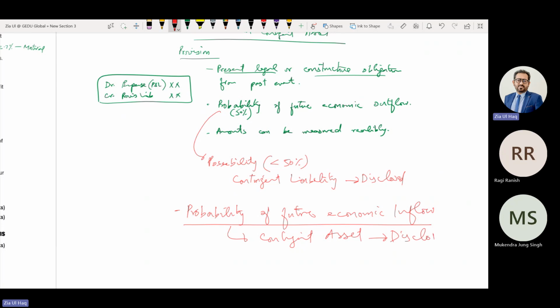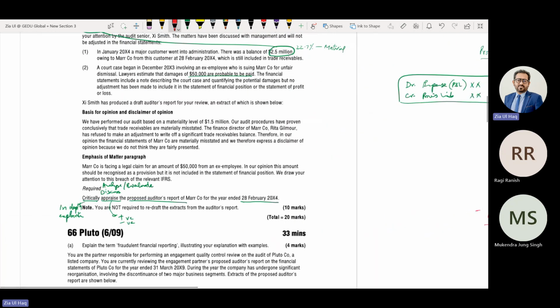Contingent asset is also disclosed. There is no accounting entry for contingent asset. We do not record any asset as contingent asset in the balance sheet. Probability of inflow, contingent asset. Probability of outflow, provision. Possibility of outflow, contingent liability. Are you with me? Okay, now moving toward this question.